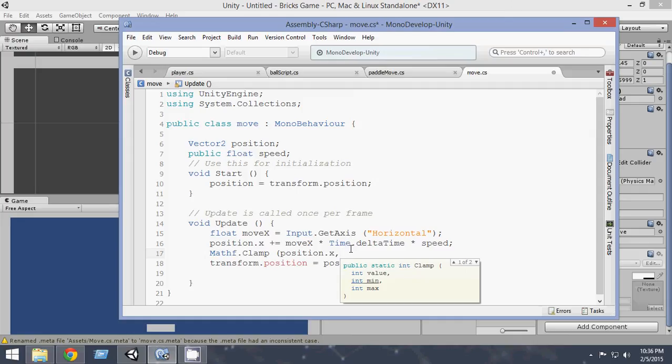Now the minimum value for us is minus 10.6f, and the maximum value is plus 10.6f. Okay, now Mathf.Clamp will keep the value of position.x from minus 10.6 to plus 10.6, and if it wants to move beyond that,